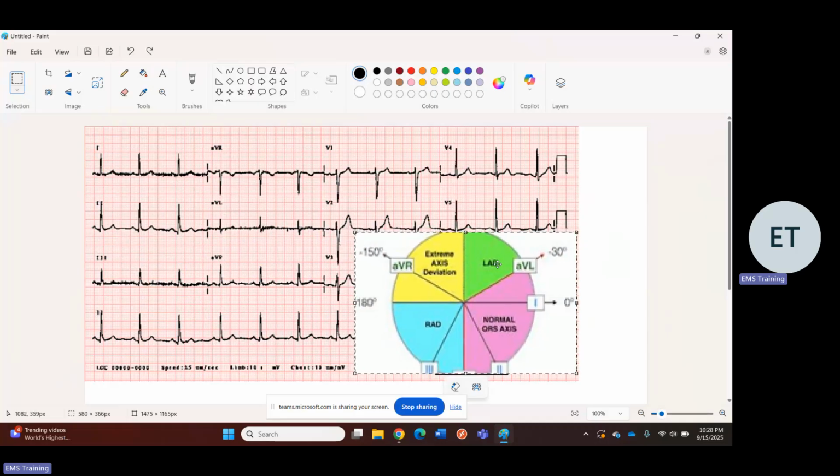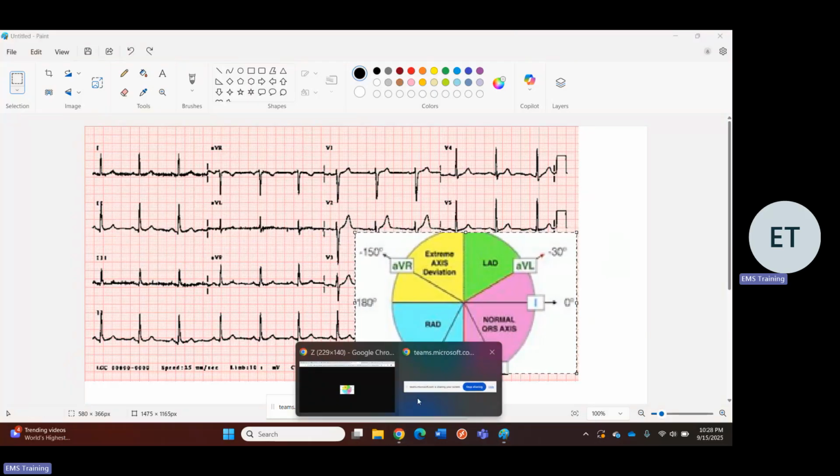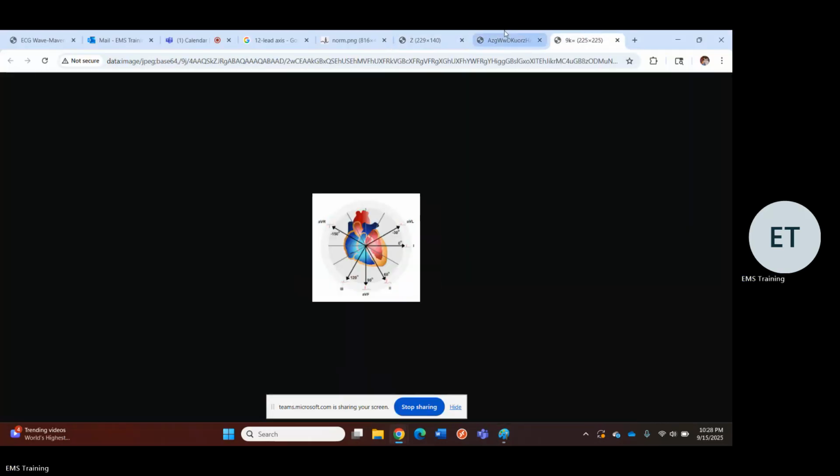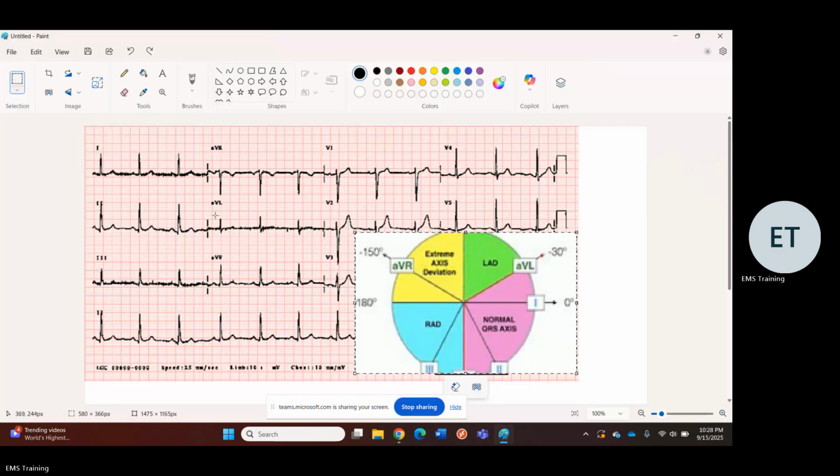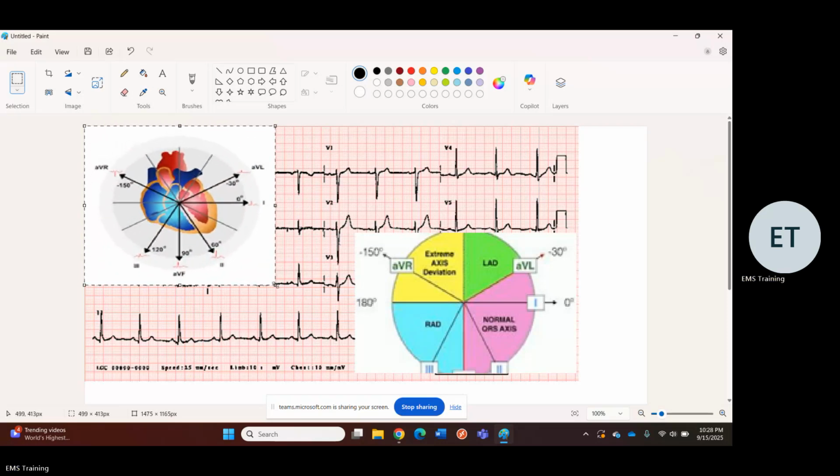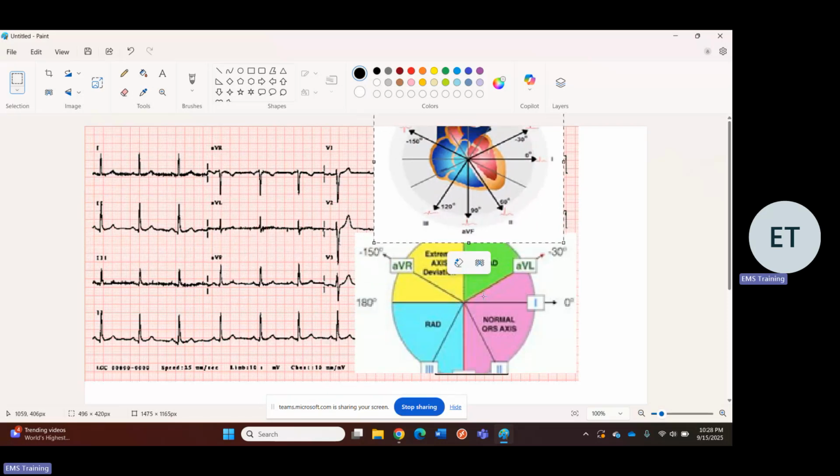Left axis deviation, normal axis, right axis deviation, extreme axis. And then what's the other one? Yeah, this is a good one. So like these are the same, if you can kind of imagine them. Why is this? Oh man, I don't know how to use Paint. That's okay. Anyways, so